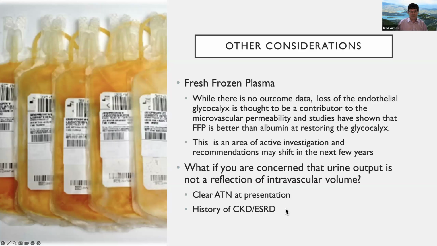Under those circumstances is when we do have to switch over to other things, such as trying to do ultrasound to look at how well the heart's filled and how well it's pumping. You may need to move over to using lactate, to try to use lactate clearance as a metric. This could really, really be very challenging. And I can tell you, you will see burn patients who have end-stage renal disease and or chronic kidney disease that is going to make your ability to use that goal endpoint much more challenging. You're going to have to consider how you are going to guide your therapy.